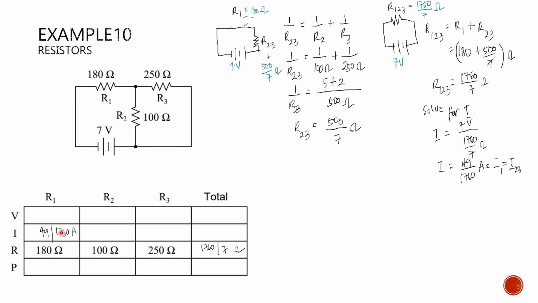R and I are already known, so we can solve for V and also for the power rating. So for the value of V here at R1,